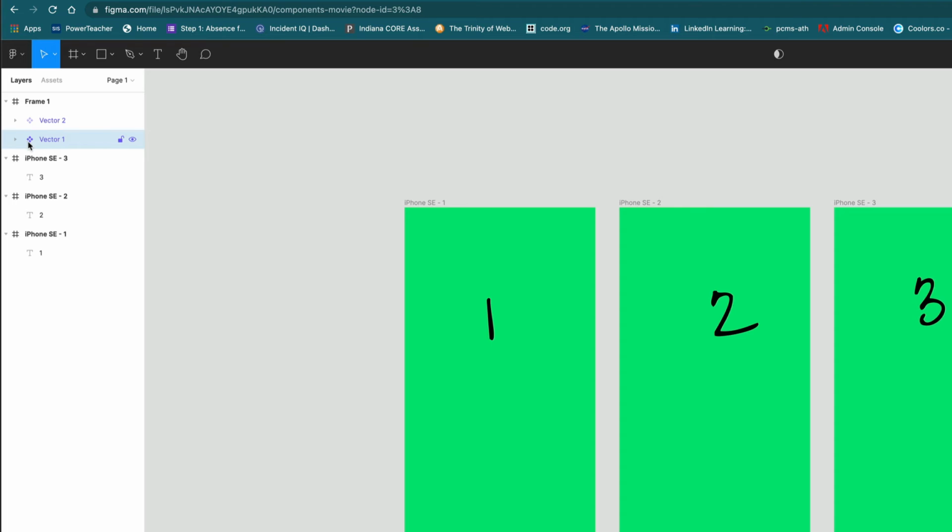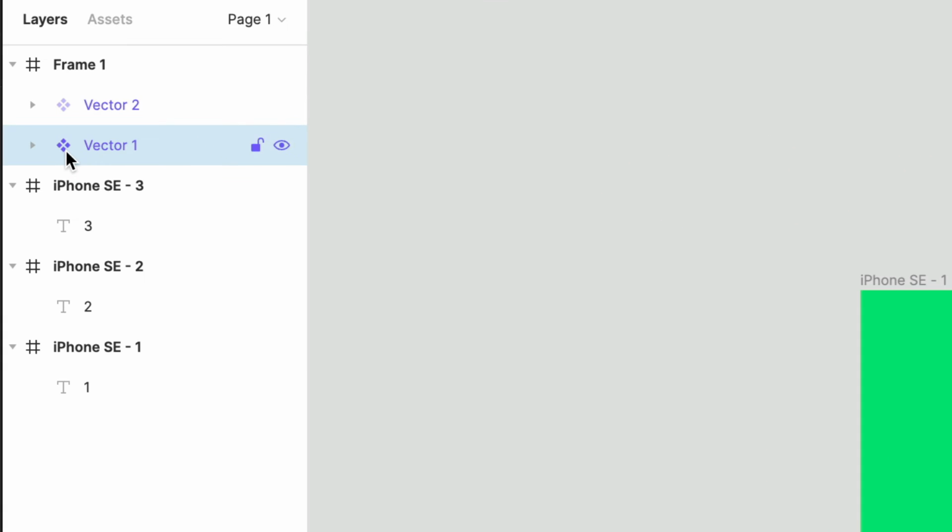Right now this is selected, and you can tell that this thing is a component. And folks, when I grade this, I'm going to be looking for this right here. If you don't actually create a component, you didn't do the assignment right, and you don't get the points. And the way I'm going to know is right here, that little icon, right now it just says vector 1. It has 4 diamonds on it because I clicked that create component icon. Now I'm going to double click right there, and instead of saying vector 1, that is my